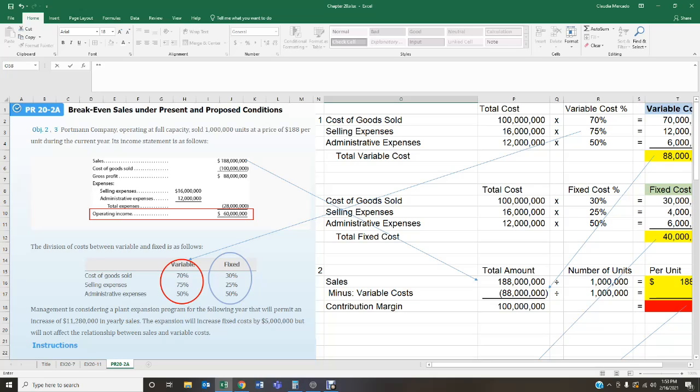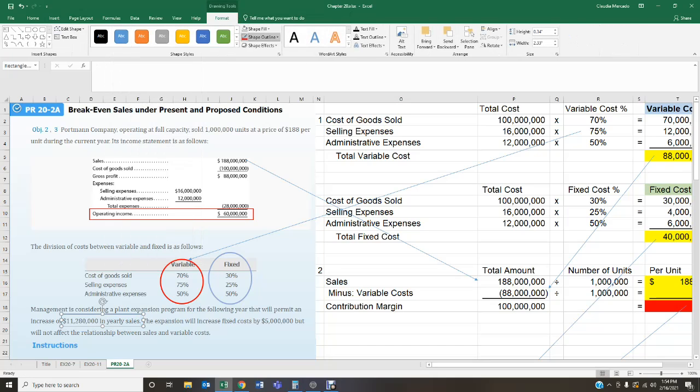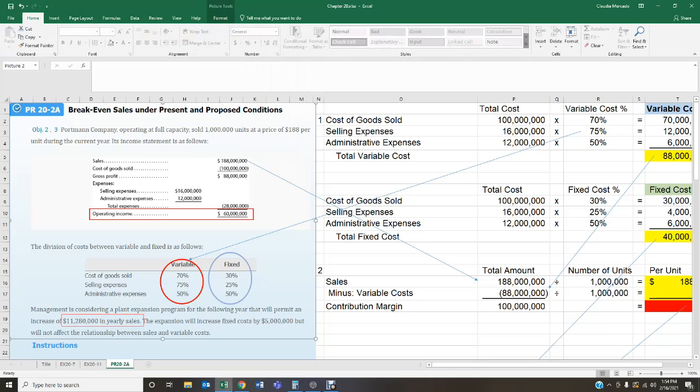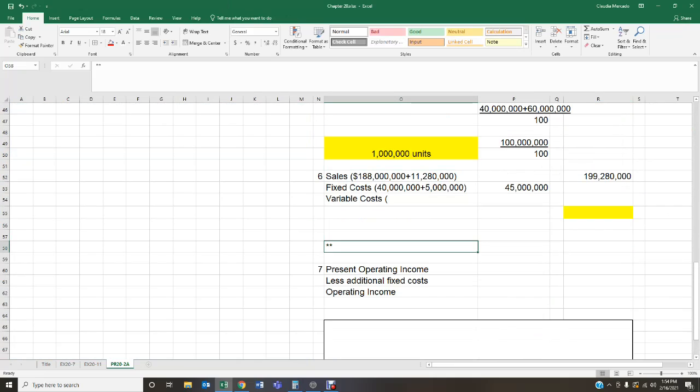It says management is considering a plan expansion program for the following year that will permit an increase of 11,280,000 in yearly sales. I was like, where is that number that I need? It is being provided to us. So it's saying that we are with the proposal. We're gonna have 11,280,000 in yearly sales. Okay. So we're gonna get that sales figure, 11,280,000,